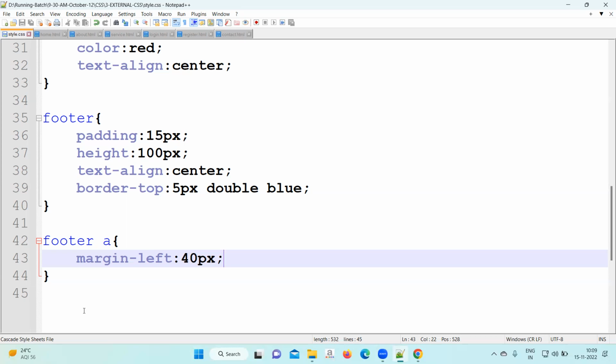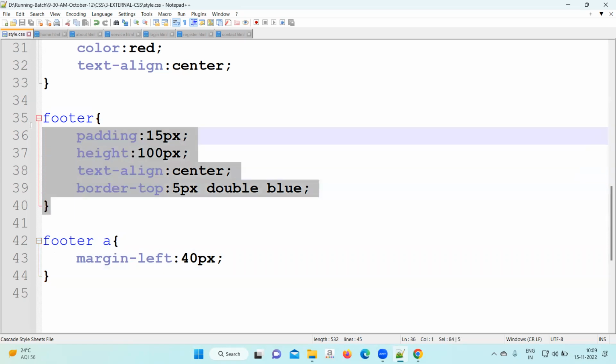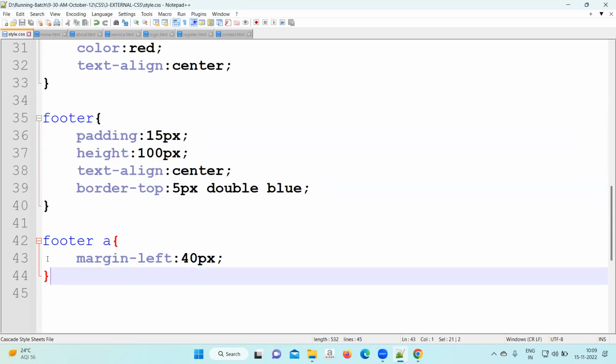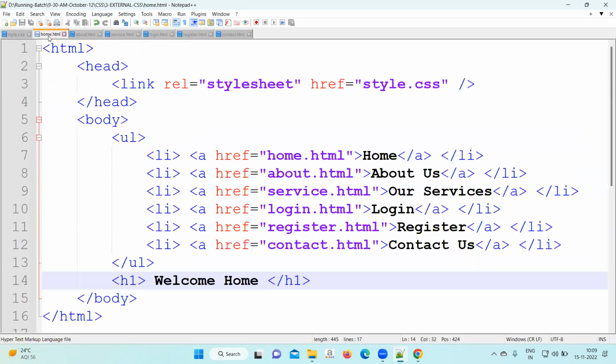Okay, ready? Now come to the same file, home.html. So footer is written and footer of A is also written. So this becomes the CSS by tag name, and this becomes the CSS for a child tag name. Okay, in the home file now come